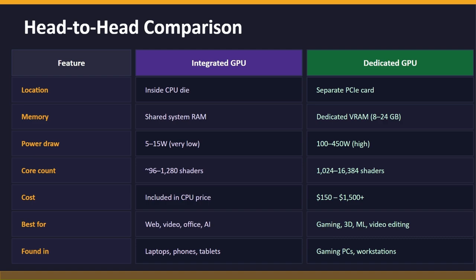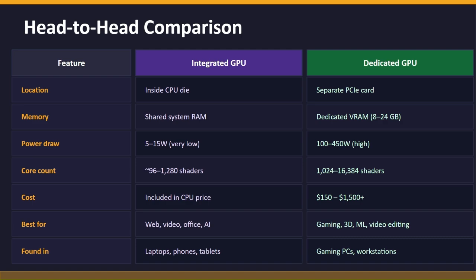For memory, the integrated shares the same RAM, and the dedicated has between 8 to 24 gigabytes of RAM dedicated to it. The power draw is 5 to 15 watts, and the dedicated has 100 to 400 watts, which consumes too much energy. The core count is between 96 to